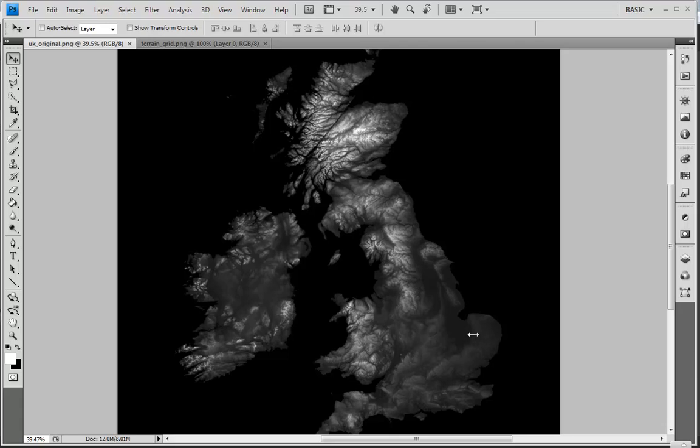Welcome back, everyone. So, as Lee had said in the last video, what we're going to be doing is adjusting our base height map. If you remember from the last time we played,